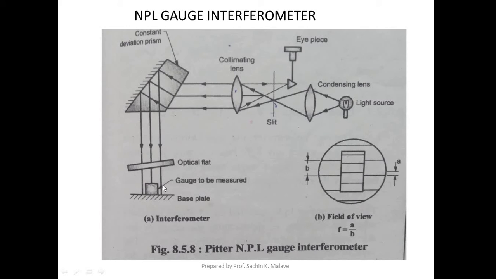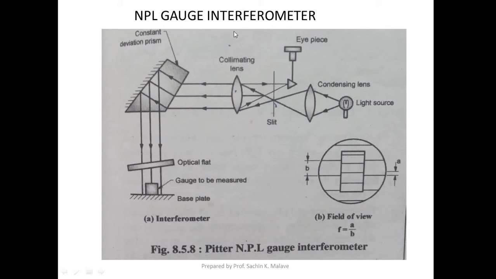Okay, they are not tapered, they are not worn out. So the bottom surface and top surface are parallel to one another, they are truly flat. So now the objective is to find out this height. We have to find out the height of this gauge with respect to this base plate. So we have to find out the distance between the base plate, this line, and the top of the gauge. That we have to find out.